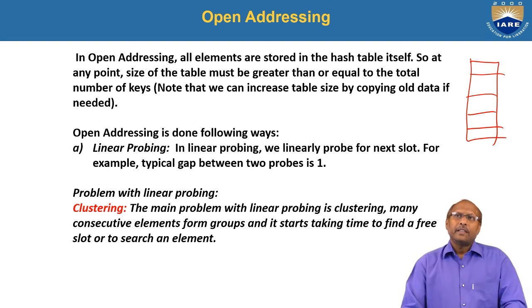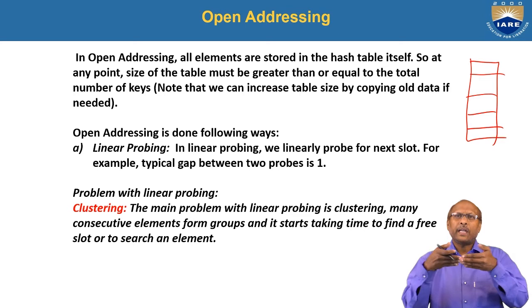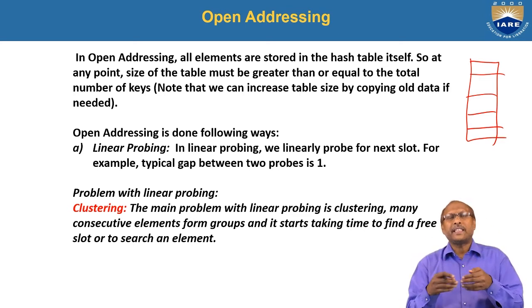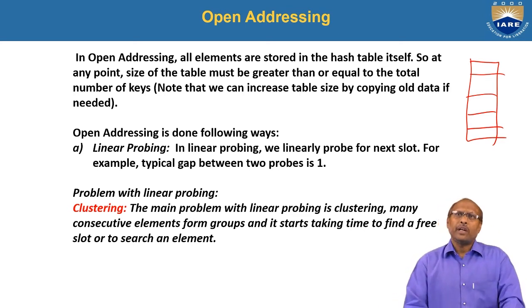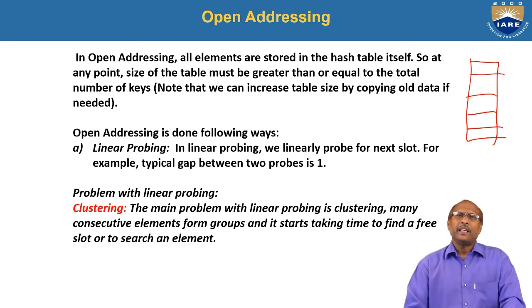When the table is large and keys are available, multiple keys may still point to the same place. In that case, there is a chance of collision. So to avoid collision, you can use this open addressing technique. Open addressing is one of the collision resolving techniques. As I told you, there are 3 varieties of collision resolving technique under open addressing. One is linear probing, second is quadratic probing, and third is double hashing. So these are the standard techniques.